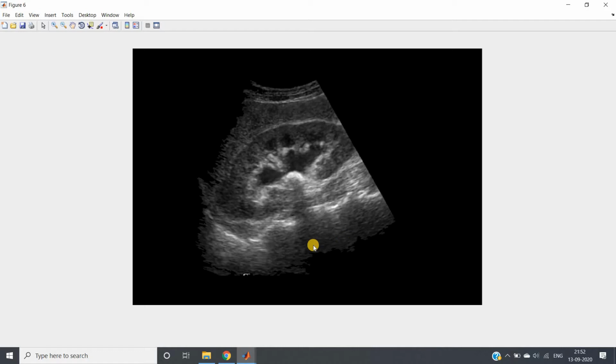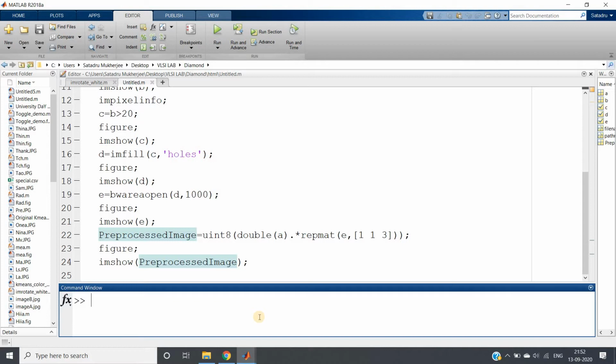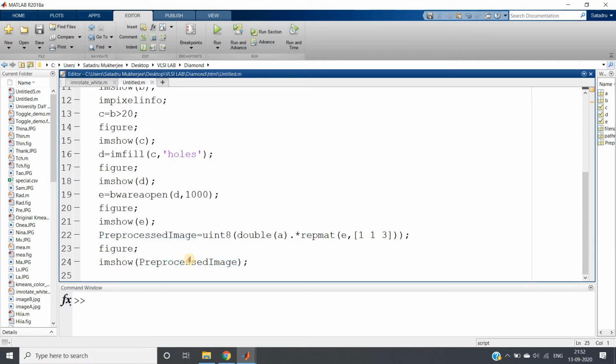So we need to apply something like this. Dark becomes darker, bright becomes brighter. That is nothing but contrast enhancement, which we call contrast stretching. For this, obviously, we are going to use the inbuilt function imadjust. Let me show you how we can adjust the image. The code is very simple. Pre-processed image is the variable where our filtered image is stored, whatever pre-processing we have done till now, and I am going to use imadjust. First we give our pre-processed image, then see how I am writing 0.3, 0.7, comma, square bracket open, square bracket close.